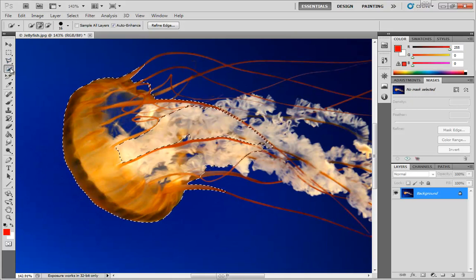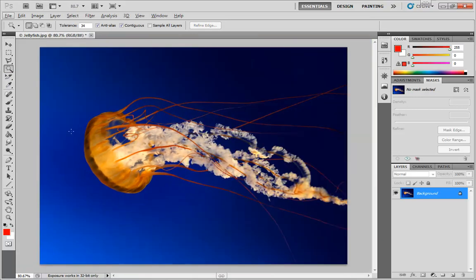Now, underneath the Quick Select tool, we have the Magic Wand tool. The Magic Wand tool is very similar as I hit Control-D to deselect. What Magic Wand is going to do is just allow you to click on an area, so you just do a single click, and then based on a tolerance value, it's going to grab all pixels that fall within that tonal range. And that's what the tolerance is going to do. It just allows you to set a tonal range, and it will grab all like pixels that fall within that